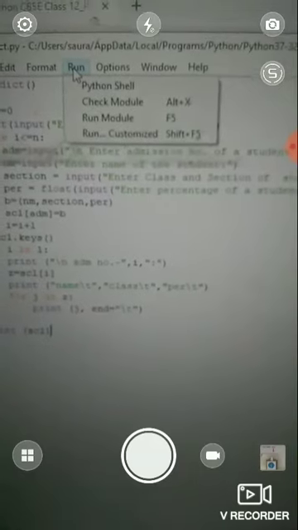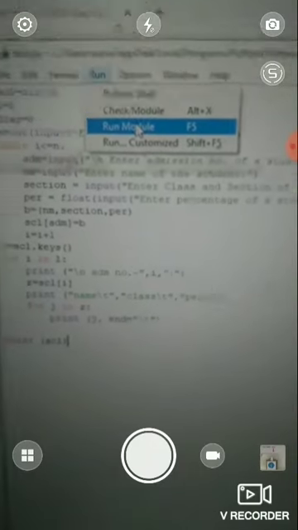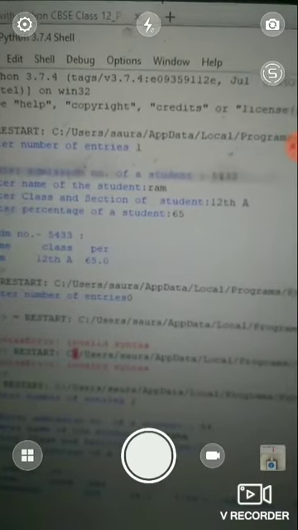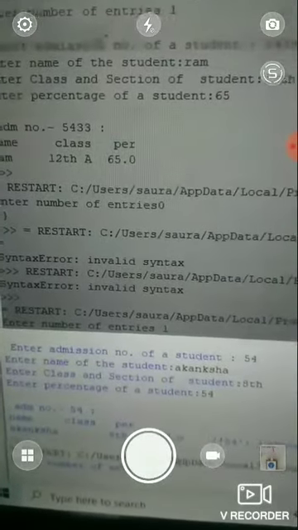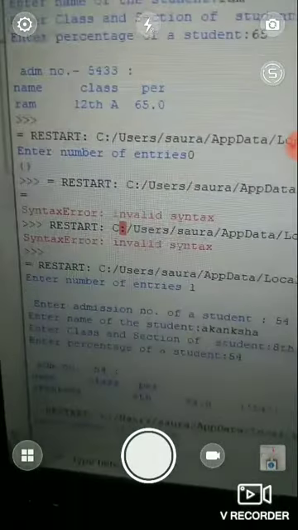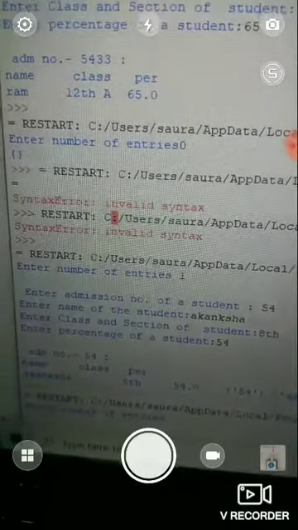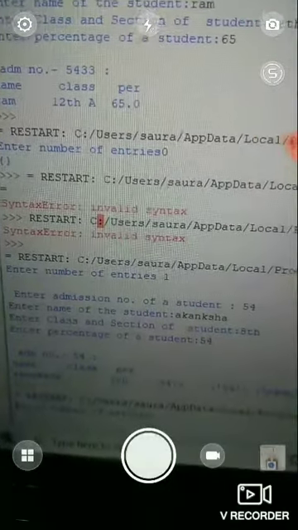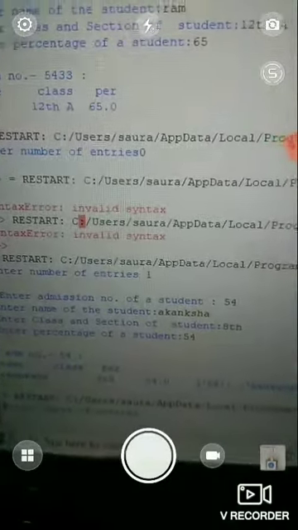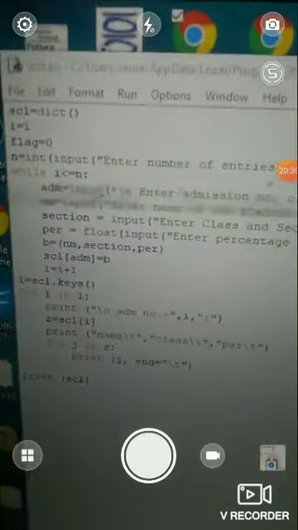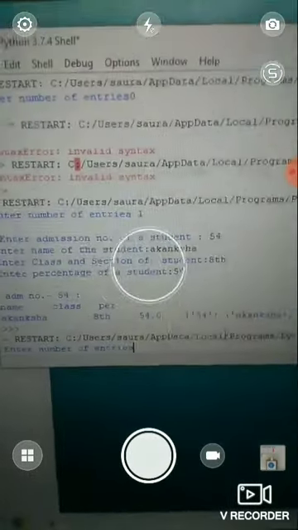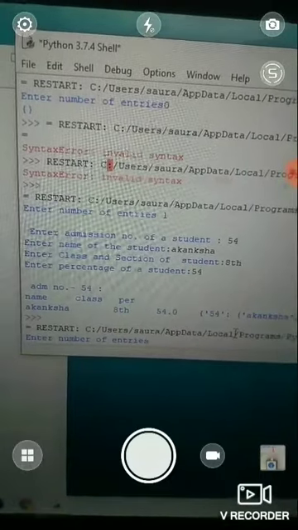When we run this program, we use run module, and let's see the output. In the Python shell, it asks us to enter the number of entries.